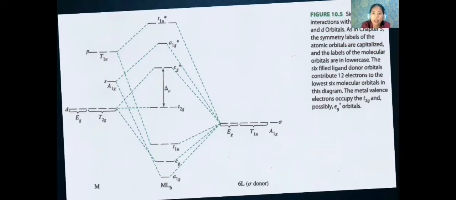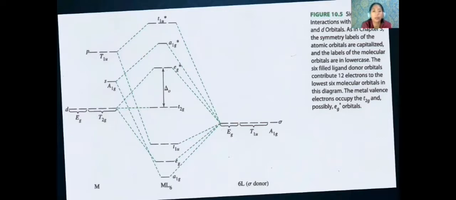And the labels of the molecular orbitals are in lower case. So the six filled ligand donor orbitals contribute 12 electrons to the lowest six molecular orbitals in this diagram. So the metal valence electrons occupy the t2g and possibly